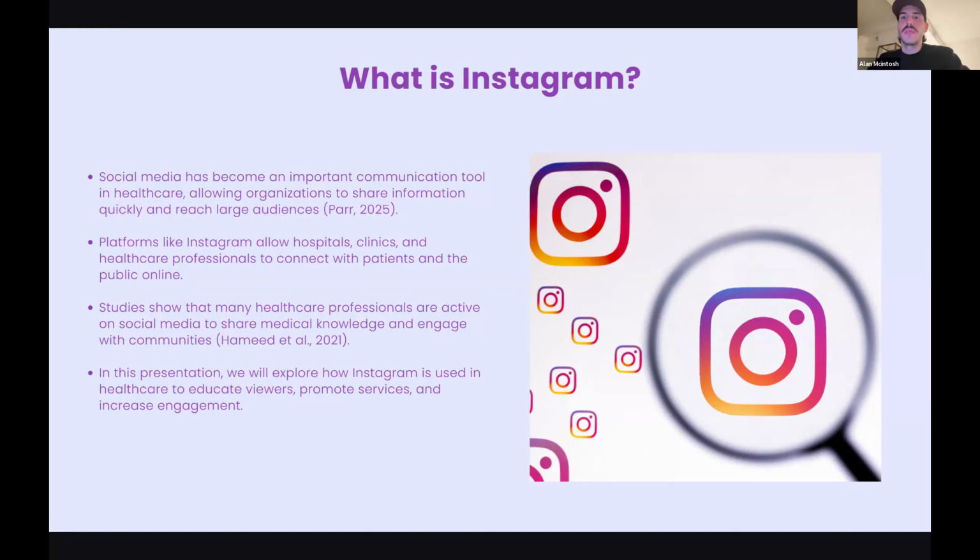So with Instagram, social media has become, as it says here, an important communication tool in healthcare. Ours is Instagram, and it's an important way for healthcare organizations to share information and reach large groups of people and audiences very quickly. Many hospitals, clinics, healthcare professionals, and other people use social media to reach out to and communicate with their own users and also try to gain new users.